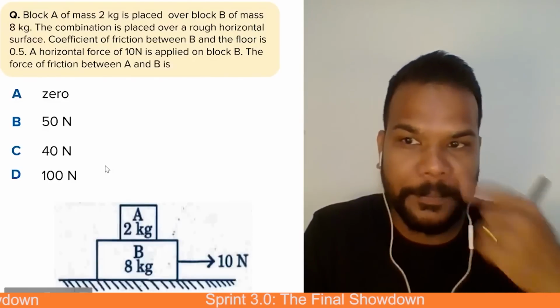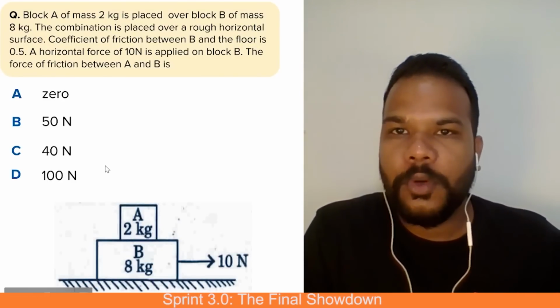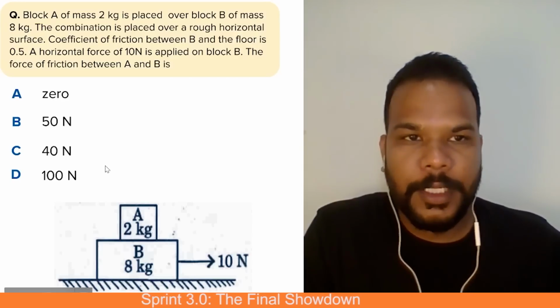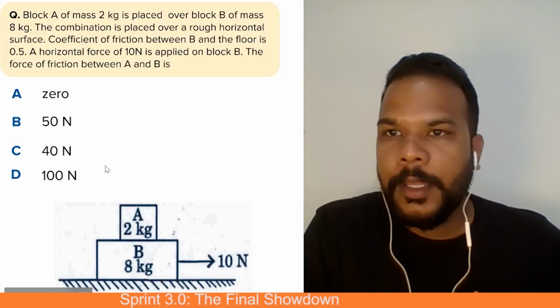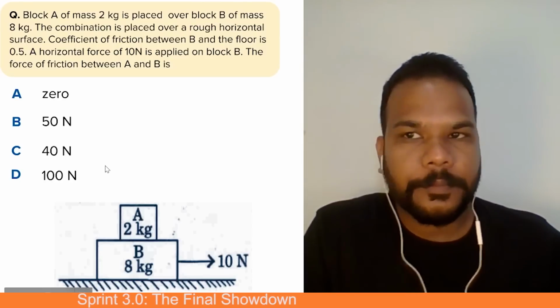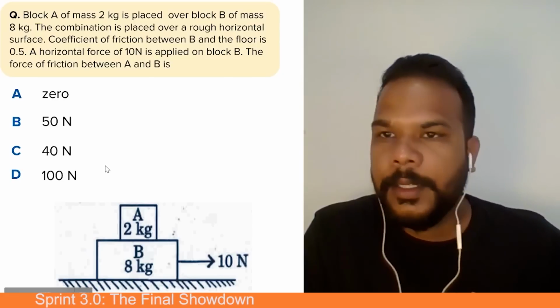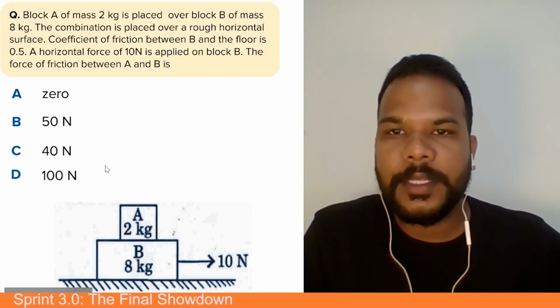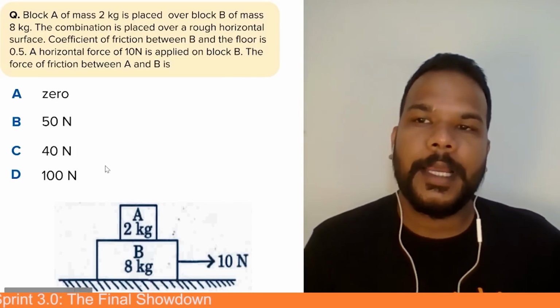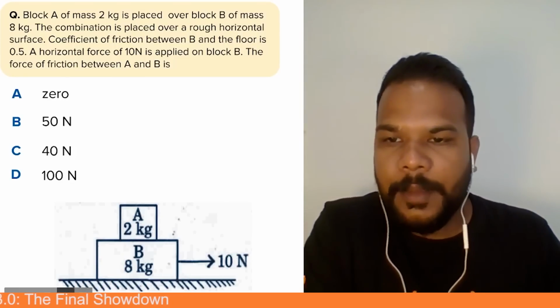Now next one. A block A of mass 2 kg is placed over block B of mass 8 kg. The combination is placed over a rough horizontal surface. The coefficient of friction between B and the floor is given to us, and a horizontal force of 10 Newton is applied on block B. We have to find the force of friction between A and B. So guys, here